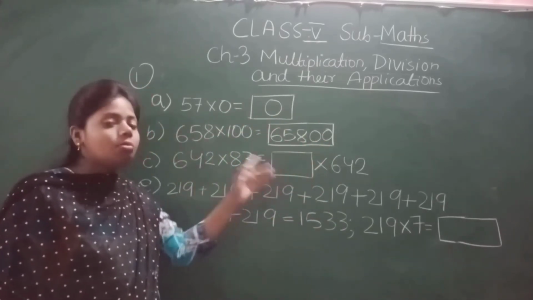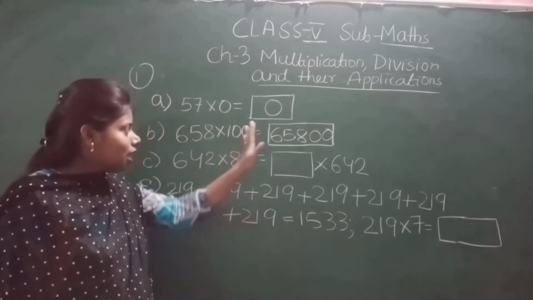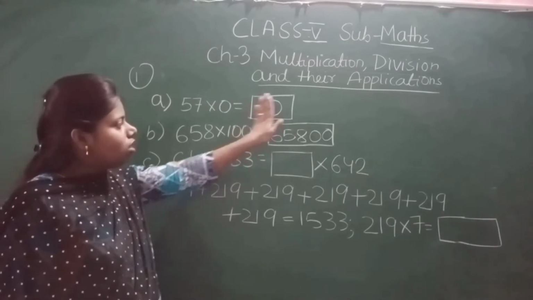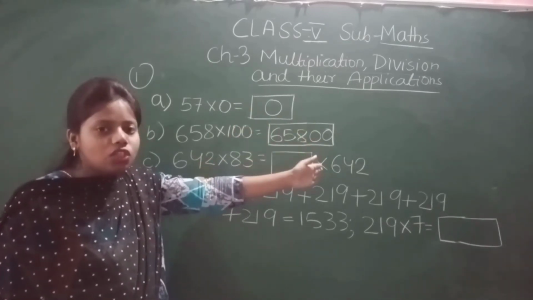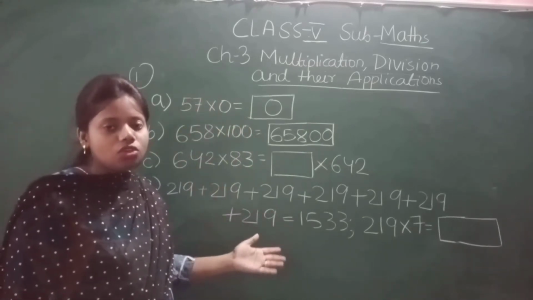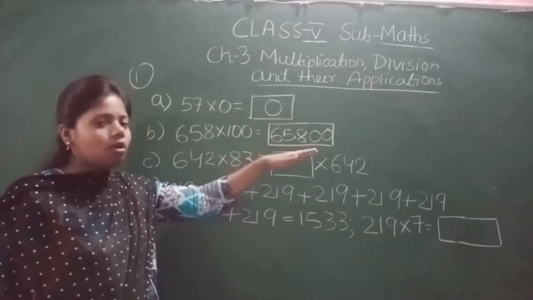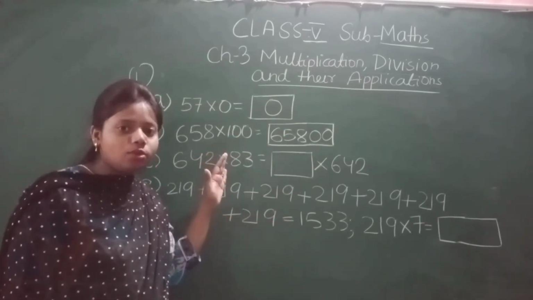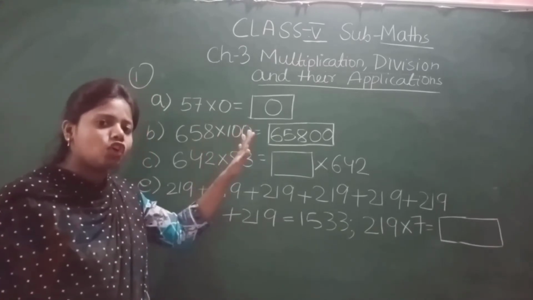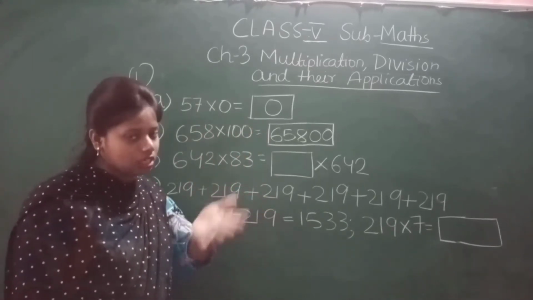Whenever you see multiplication by 10, 100, 1000: if it was by 10, that means one 0, so you should have added one 0. If it was with 3 zeros, that means 1000, you have to add 3 zeros. You will learn about this in detail in the next exercise. Here I have just taught you the simple one, about 100.